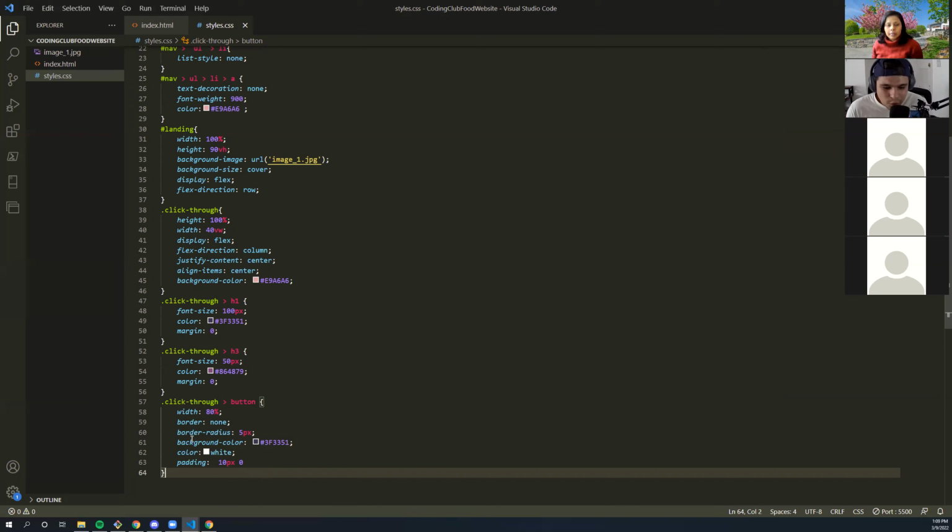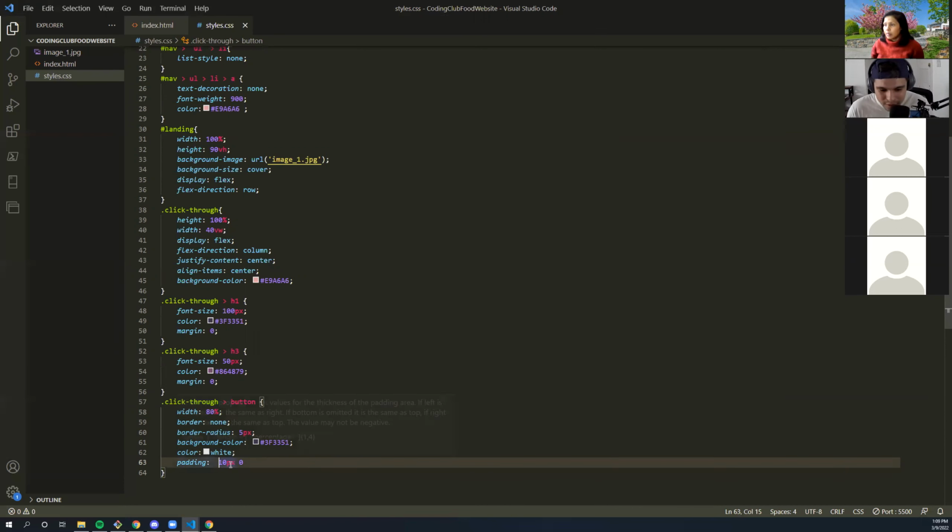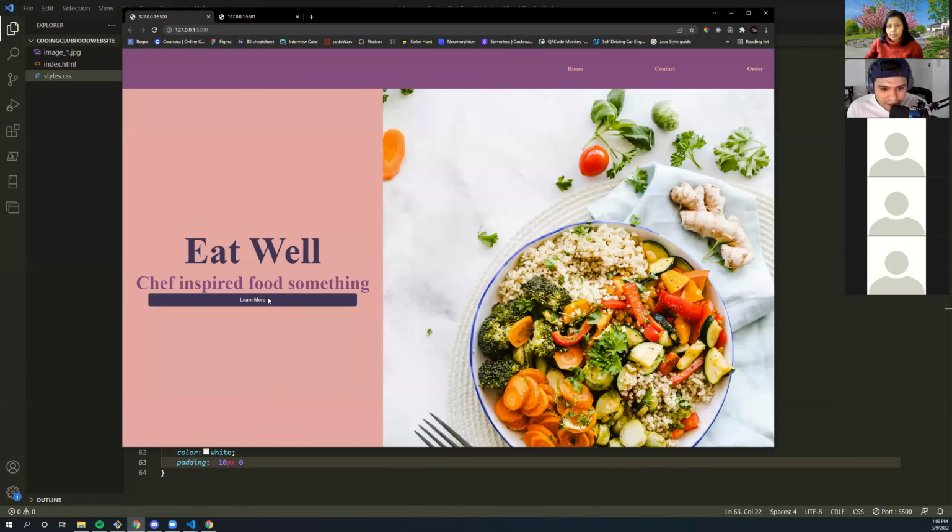I never eat soggy watermelons. So it goes top, right, bottom, left. All right. But when you only put 2, it duplicates the values for top and bottom and left and right. So now I have this nicely padded button.